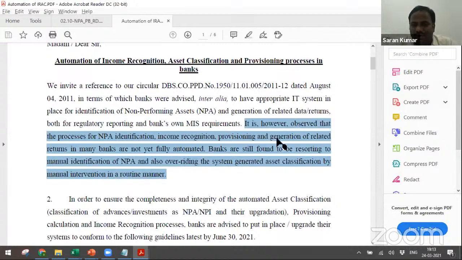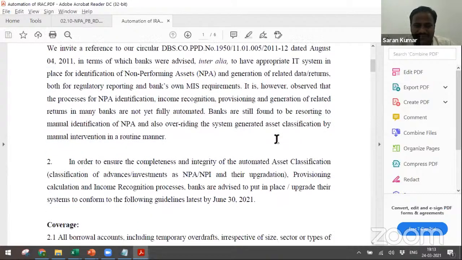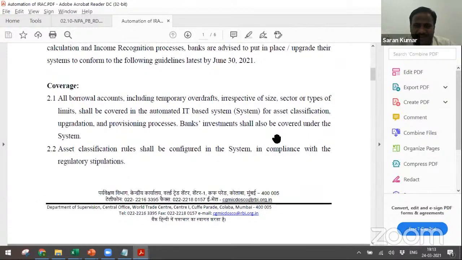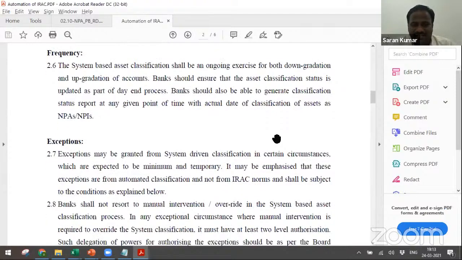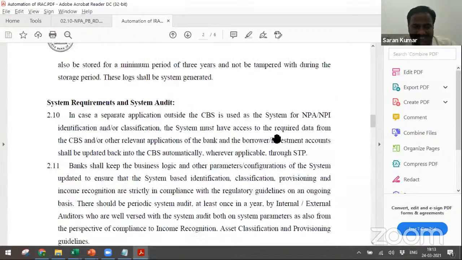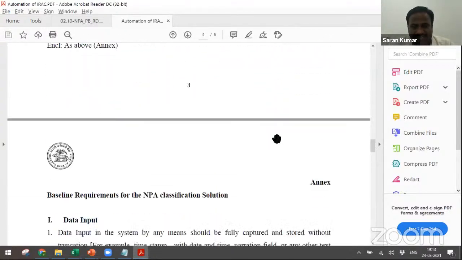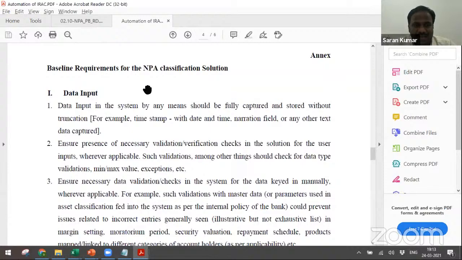This is another support we got from the earlier document. This is a simple document. We can show it to the branch manager, stating that we don't believe what you give. Let us do our audit, because there is more chance people can go back and override the system-generated classification. They have given it in great detail, leave aside the bank audit, even to improve your knowledge with respect to systems-related audit and process-related audit. This document helps you a lot. Not just this, the document also mentions the process, the data input, and baseline requirements of the NPA classification solution.